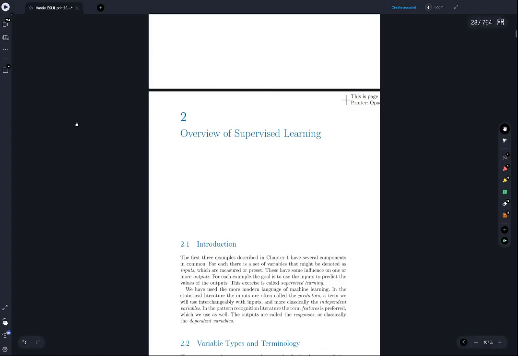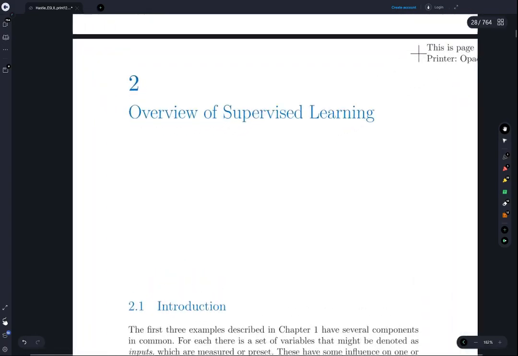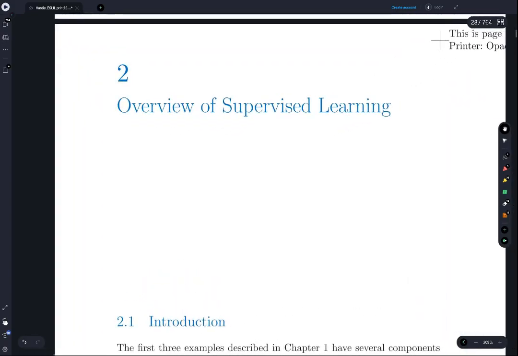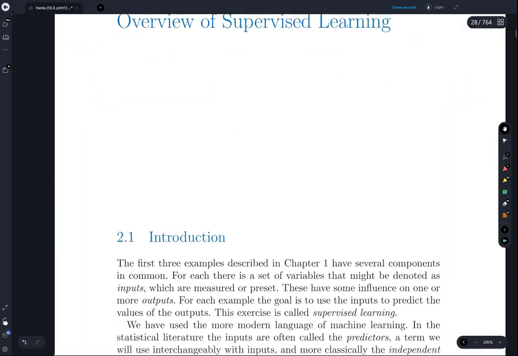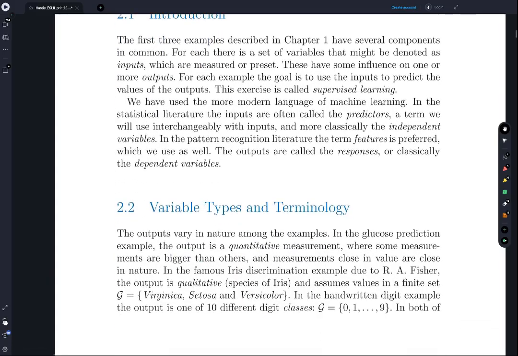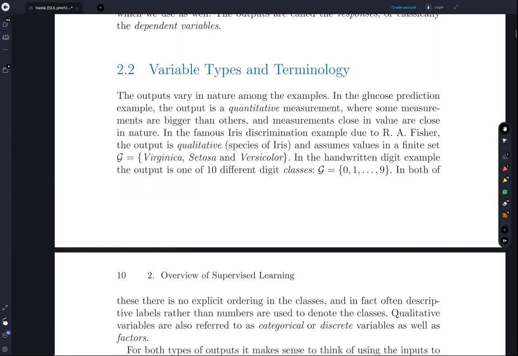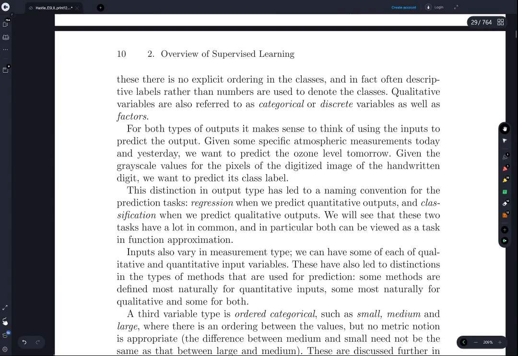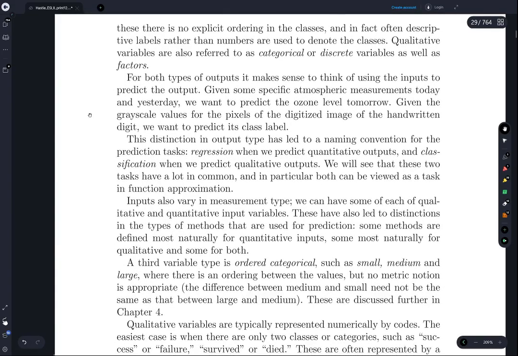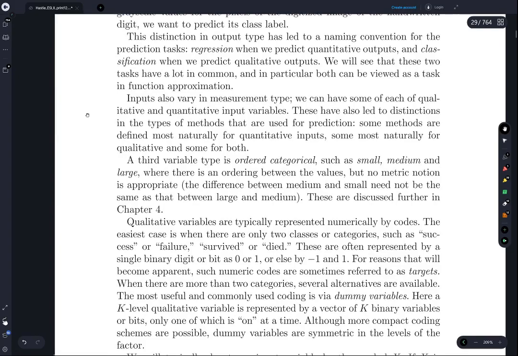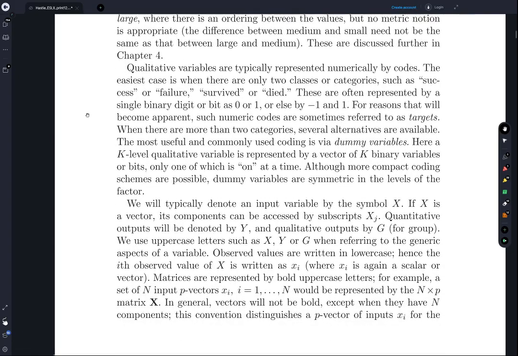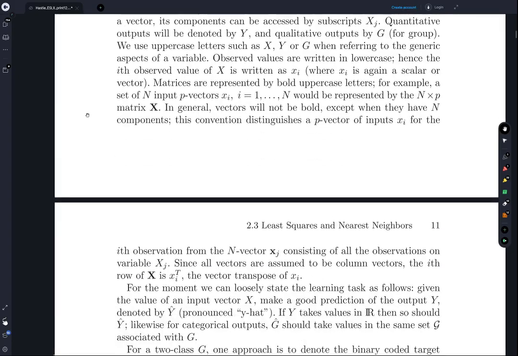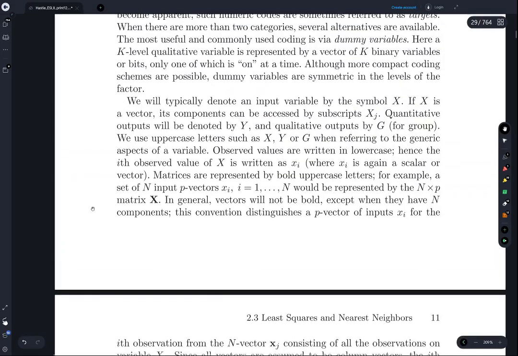Now when we get here and we start talking about supervised learning, here is where we start getting into some calculations, and so this is where I'm going to help fill in some of the gaps. A lot of this at the beginning is just definitions, which will make a lot more sense once we start looking at examples. I do want to talk about this though,